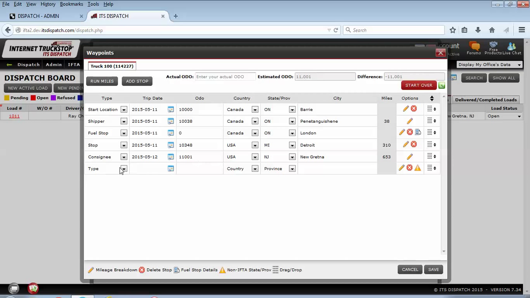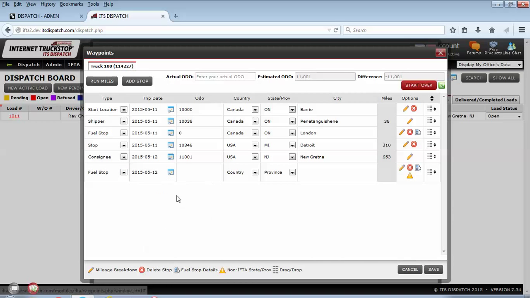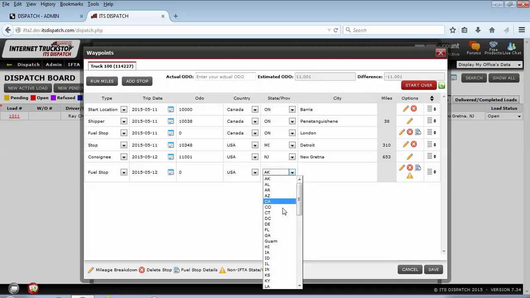Okay, I'm going to add one more fuel stop, select the date, and I'm going to say on the 12th. I'm going to put in the odometer. At this time I don't know it, so I'm going to put a 0. I'm going to put in the country is going to be USA. And we're going to say we bought some,